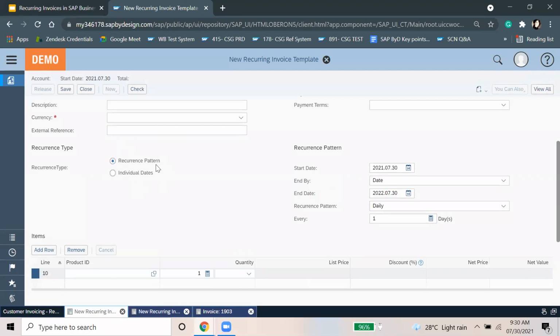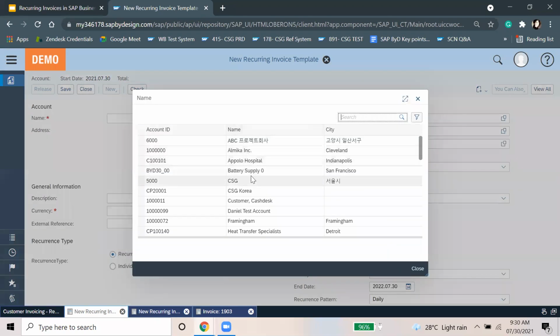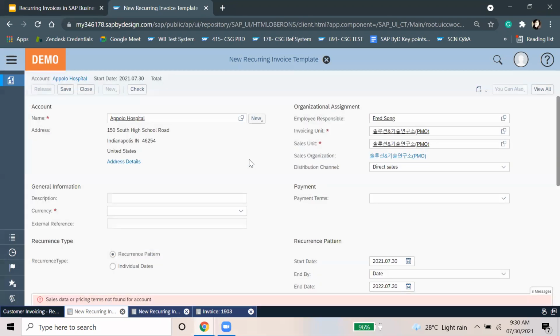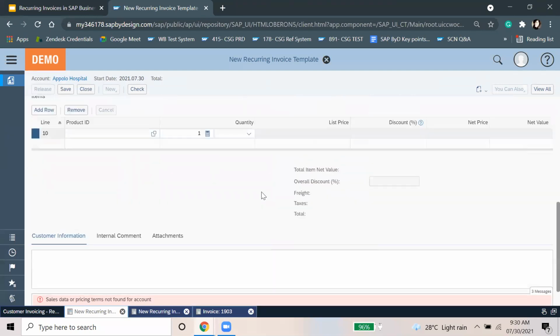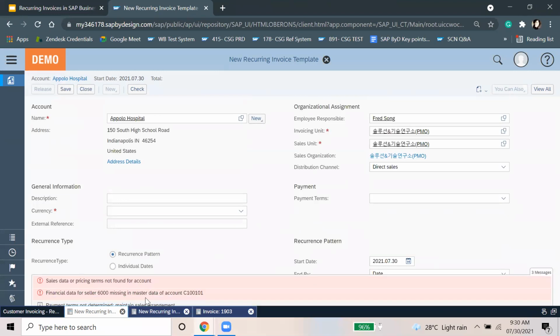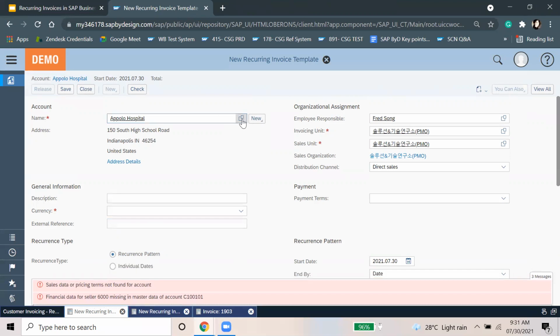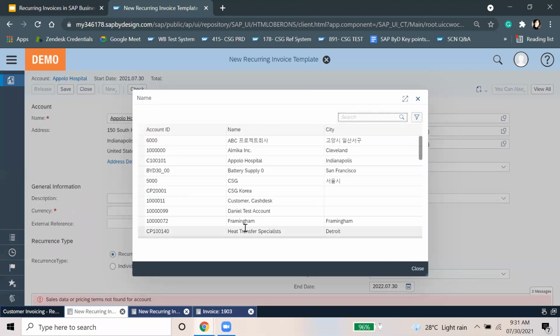Yeah, I think this is the same. So here also for customer invoicing, we have the option. We can choose a customer. In case of receivable, we can also schedule directly from the contract or from the sales order if they belong to AMS services.